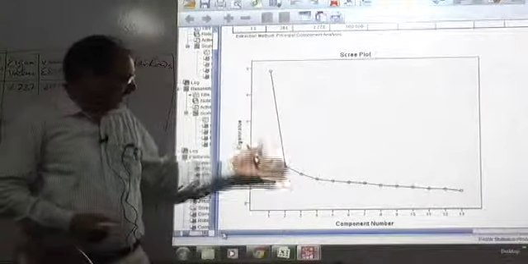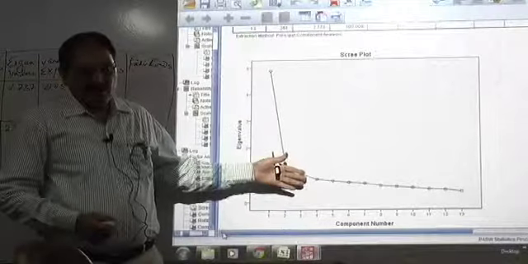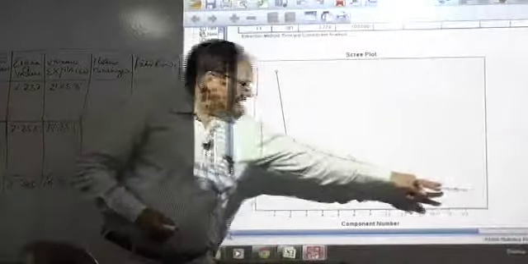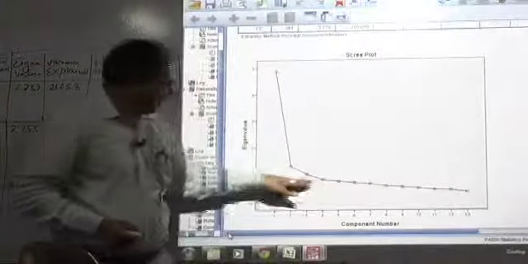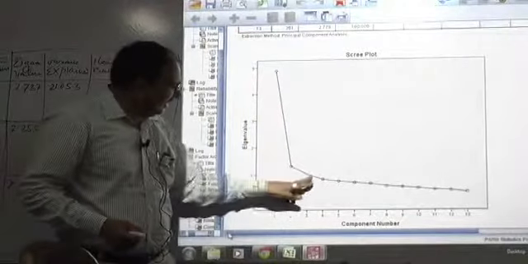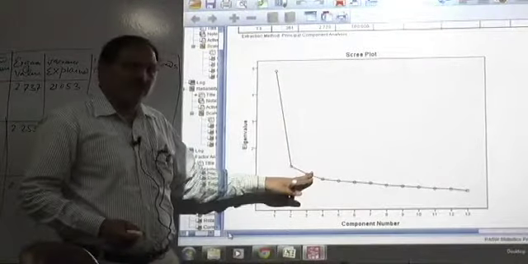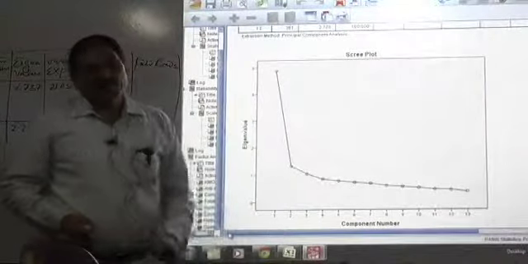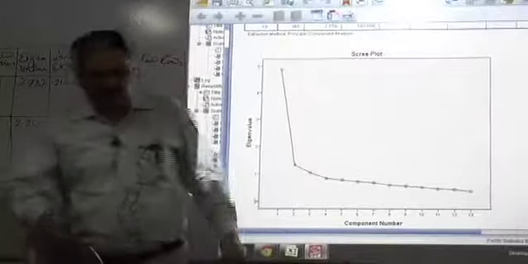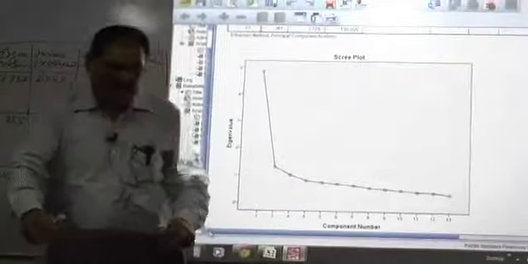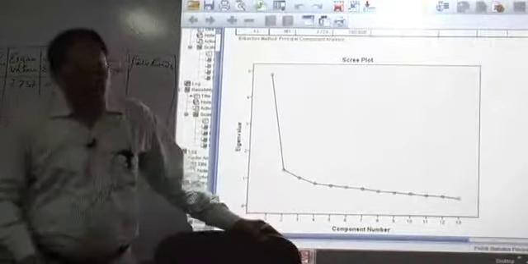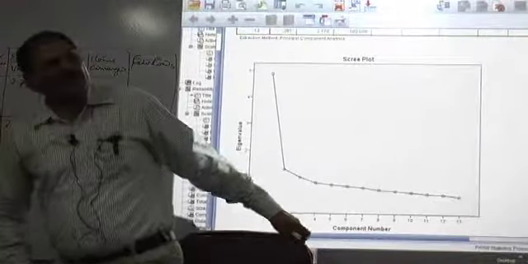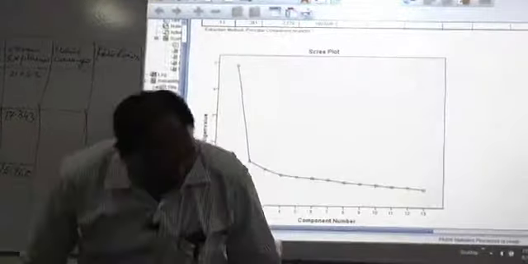But generally you won't find that simple. Now in this case, it is very clear that there is a straight line up to here and these won't fall on that straight line. So 3 factors are clear. But not every time you will get a scree plot that clear. And therefore, the scree plot is not right for beginners. You must use the eigenvalues greater than 1 method that you've done.